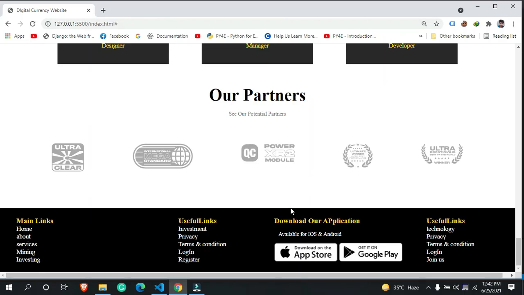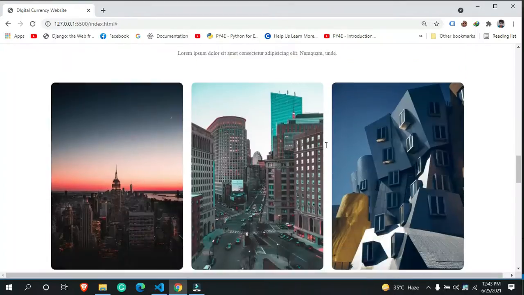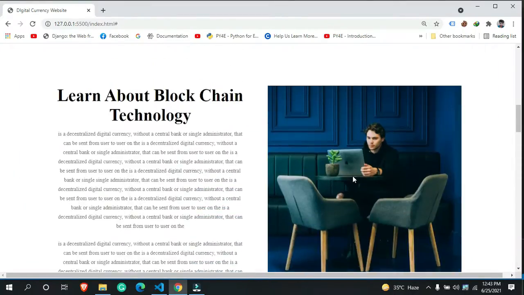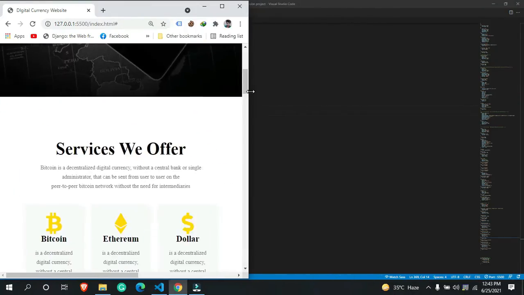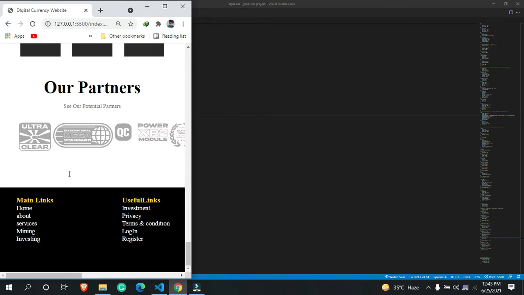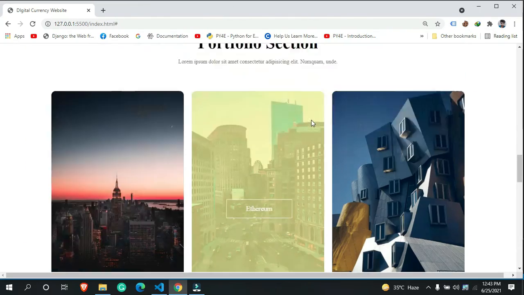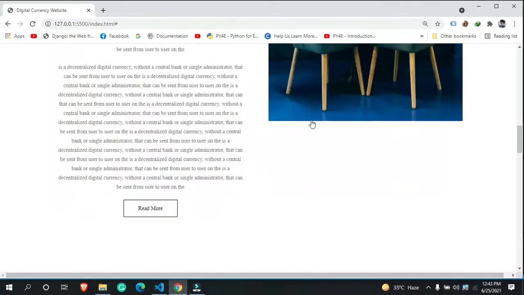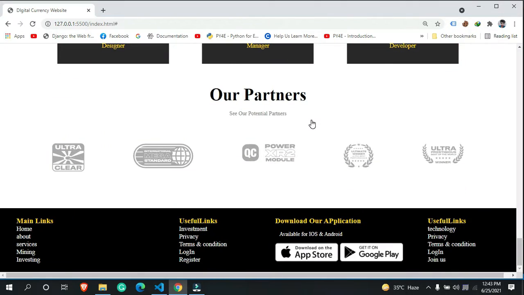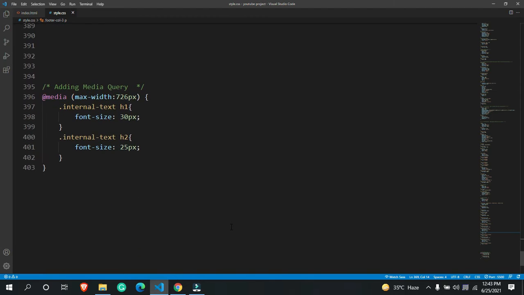So guys, let's make some more changes and get rid of this home page. What we are going to do here, as I told you, is that this particular page is not mobile friendly, so we have to make sure that it is mobile friendly as well. In order to do that, we just need to add some little lines of code. That's the only thing we need to do.